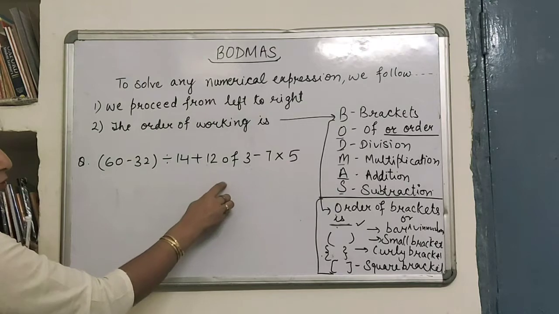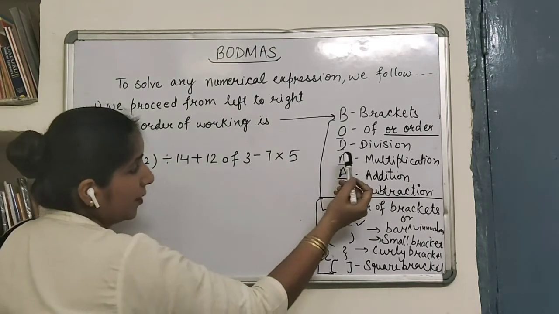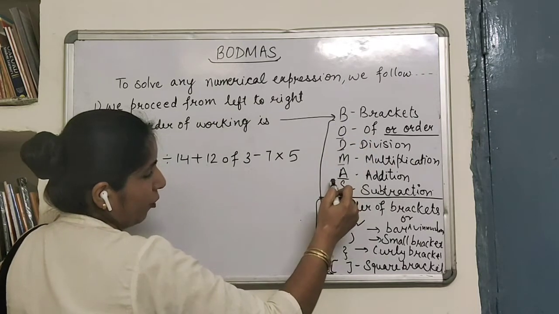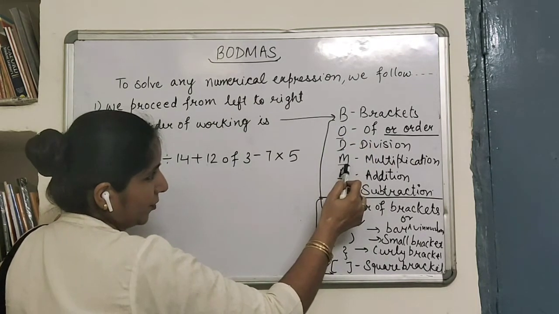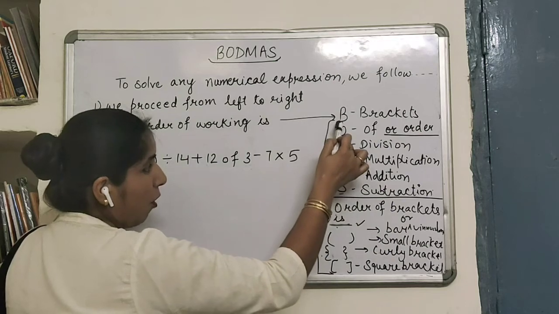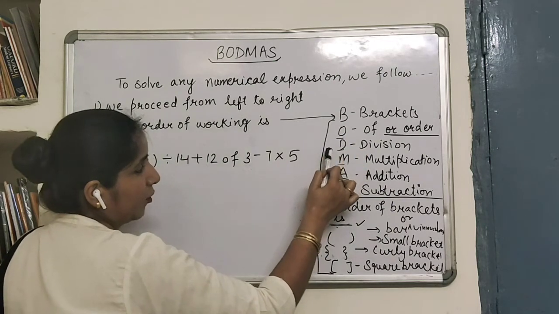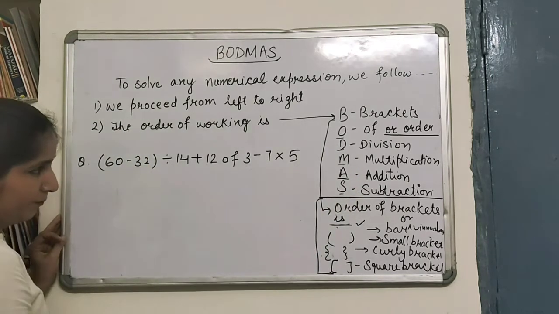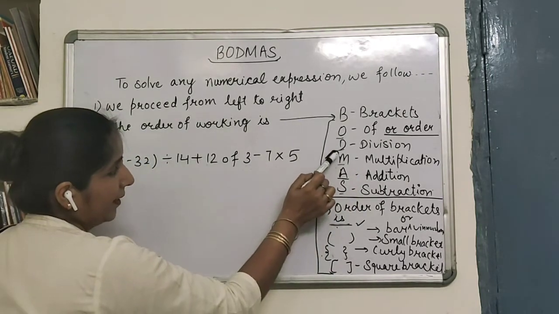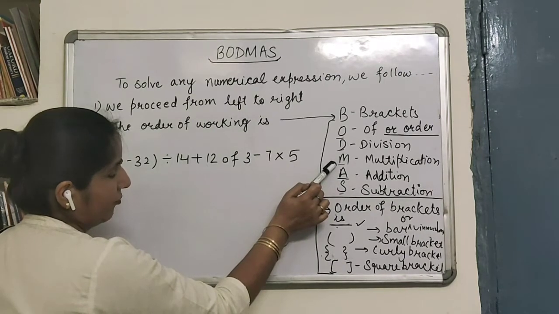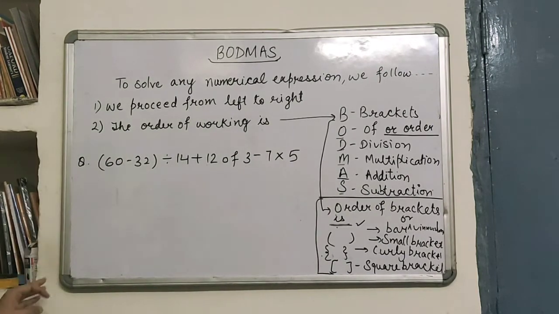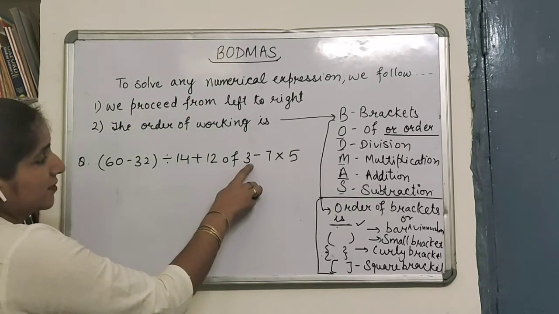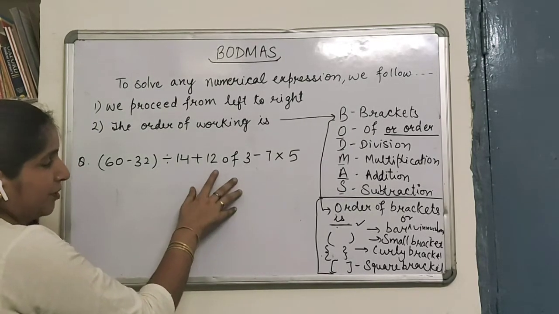We need not show the multiplication, because you can see the operator of has a different position in the order than multiplication. Of is done first and later comes division. So before division you have to solve it. But if you write it as multiplication, its order will be after division, which will be wrong. And in your class we are solving of only in the meaning I have told.